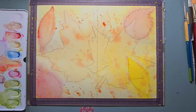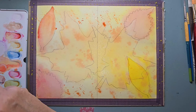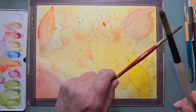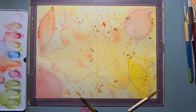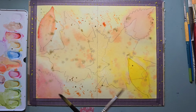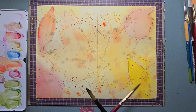Okay. I want another color. Something else to splatter these with. I'm looking at my tray. I just don't know if that orange, and we've got a lot of orange. I'm going to go with another brown. This one's called Umber. And it's a very transparent, lighter brown, almost a khaki-ish color, and I'm going to go gentle with it. Okay, I'm feeling an autumn vibe here, aren't you? All right, I'm rinsing out my brushes,